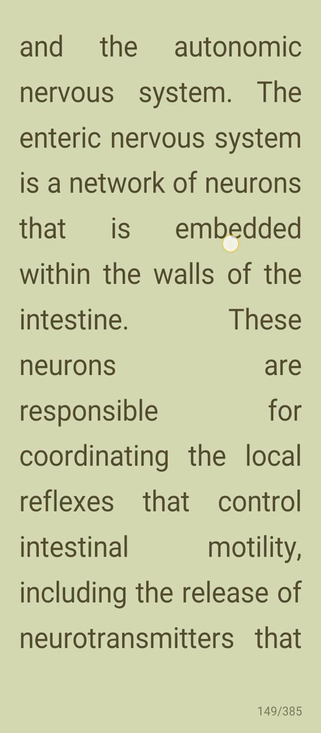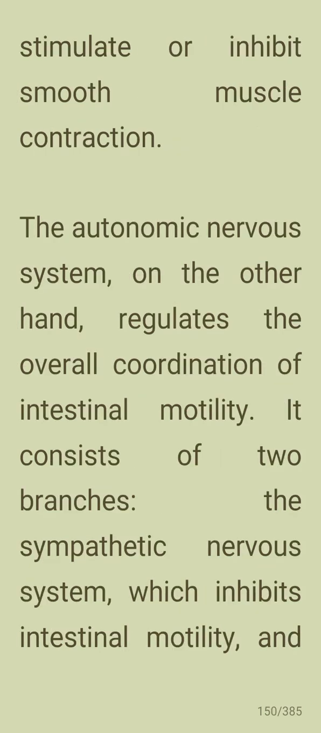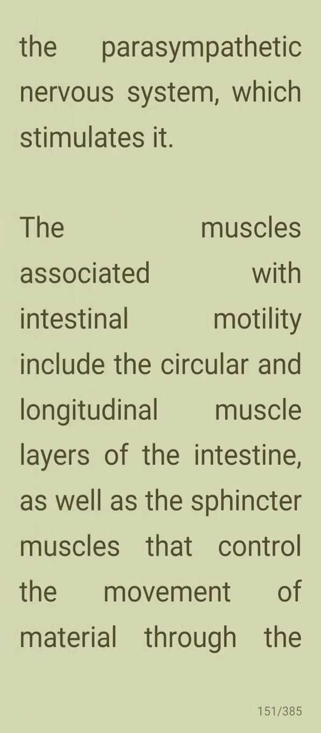These neurons are responsible for coordinating the local reflexes that control intestinal motility, including the release of neurotransmitters that stimulate or inhibit smooth muscle contractions. The autonomic nervous system, on the other hand, regulates the overall coordination of intestinal motility. It consists of two branches: the sympathetic nervous system, which inhibits intestinal motility, and the parasympathetic nervous system, which stimulates